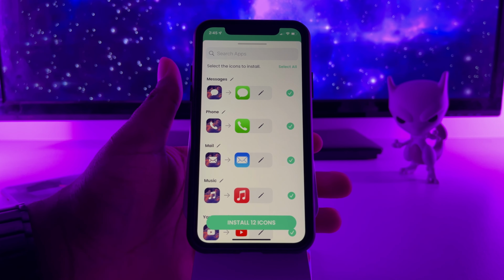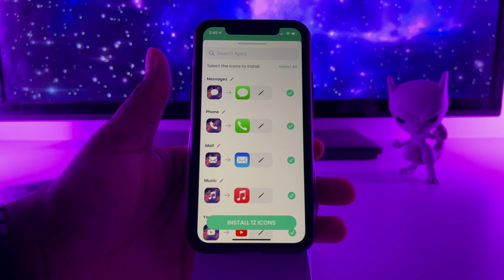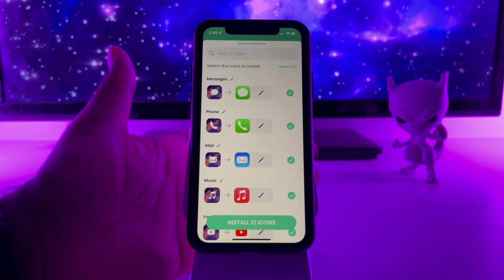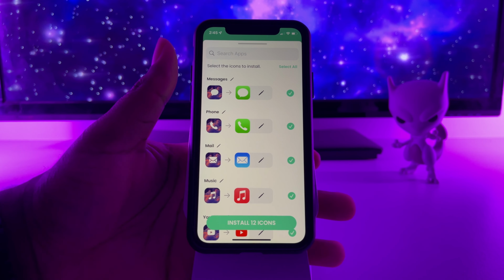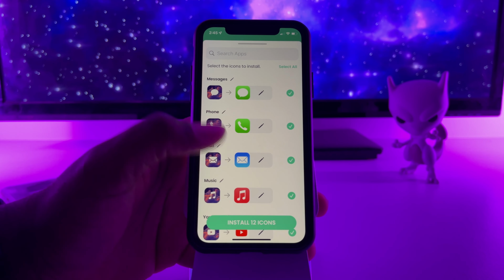All right, so I got down to about 12. I might not use 2. I'll just determine whichever ones I don't want to use. So I'm gonna hit install 12 icons,